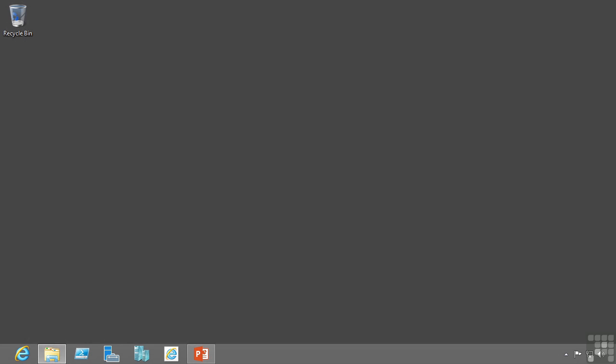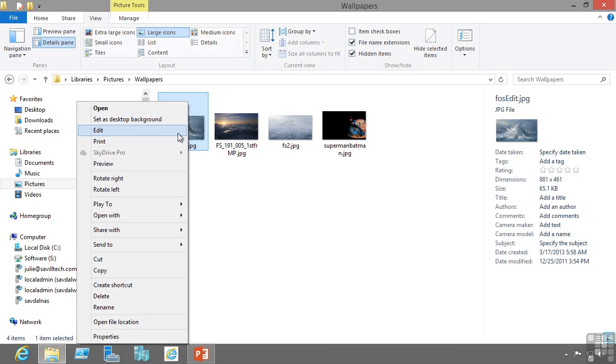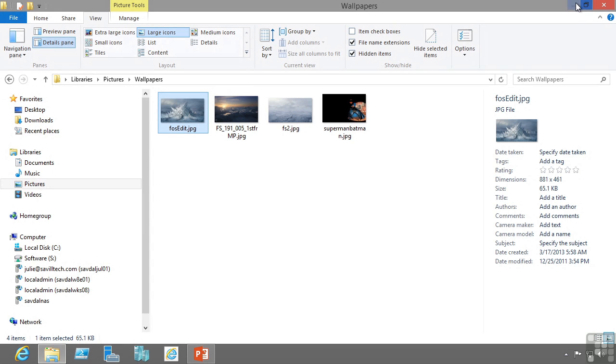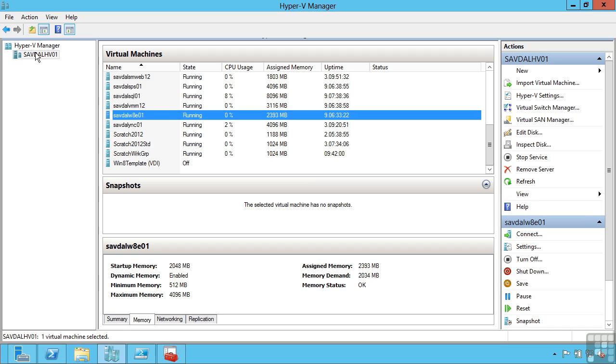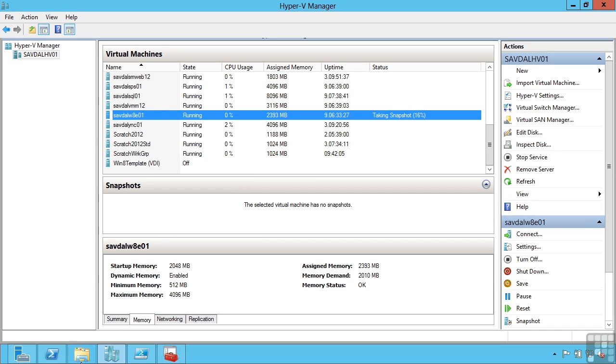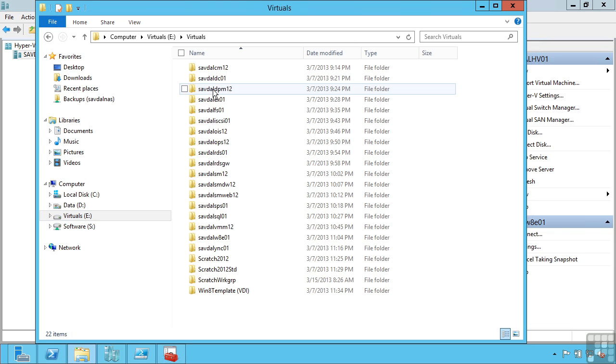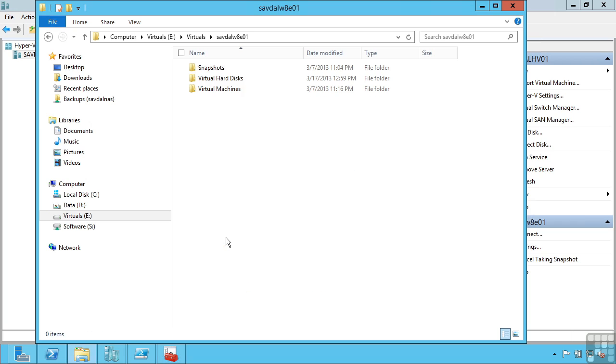So let's look at an example of that. I have a Windows 8 VM here, and I'm just going to set this as my desktop background. What I'm now going to do is take a snapshot of that virtual machine. So because this is a running VM, it has to do a few things differently. If I go and look at the virtual folder for that virtual machine, firstly on the hard drive, we talked